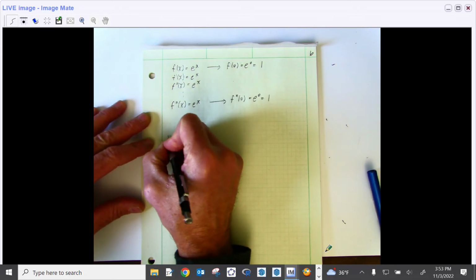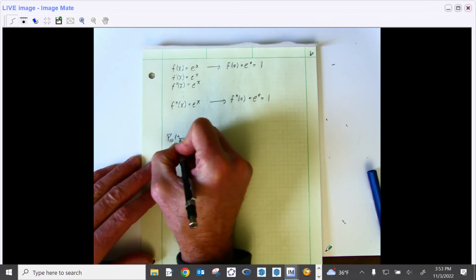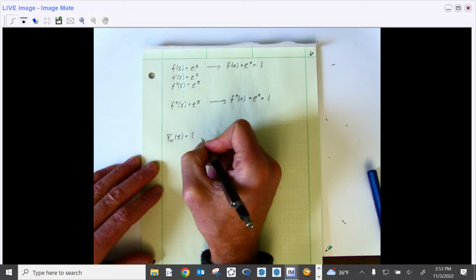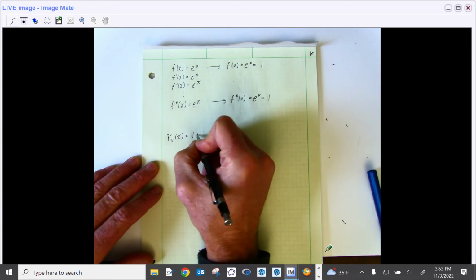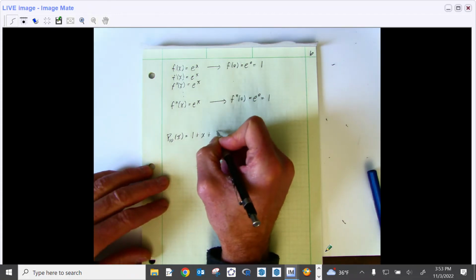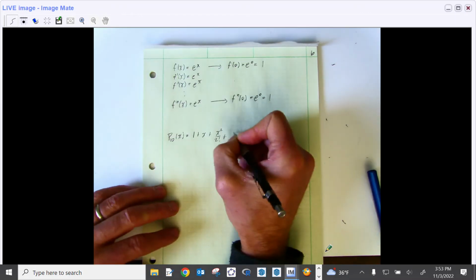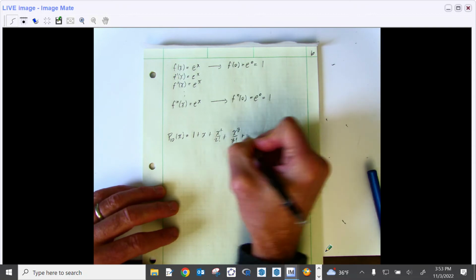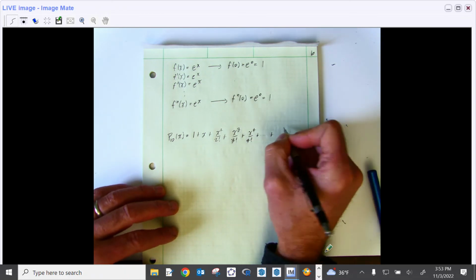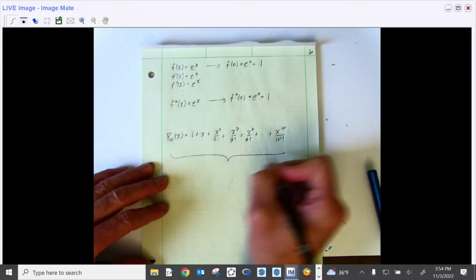So that means that the 10th degree polynomial approximating e to the x is going to look like f of 0, that's this one, 1, plus f prime of 0 times x, so that's just going to be x, plus f double prime of 0 over 2 factorial, so that's going to be x squared over 2 factorial, plus x to the third over 3 factorial, plus x to the fourth over 4 factorial, and you're going to get bored watching me write this, so I'm just going to say all the way up to x to the 10th over 10 factorial, and this thing should be